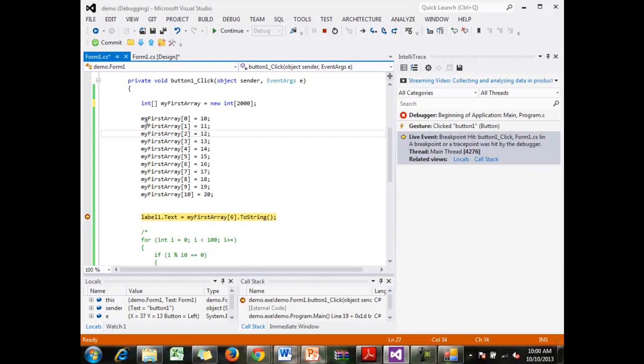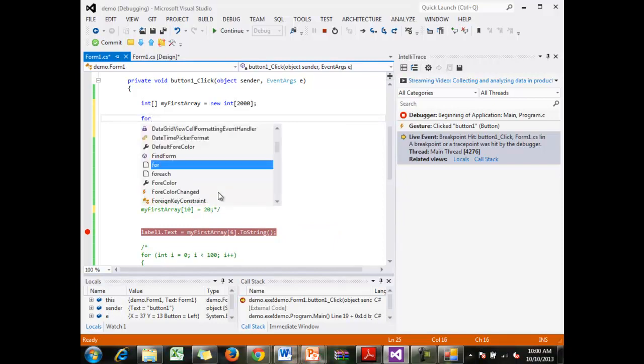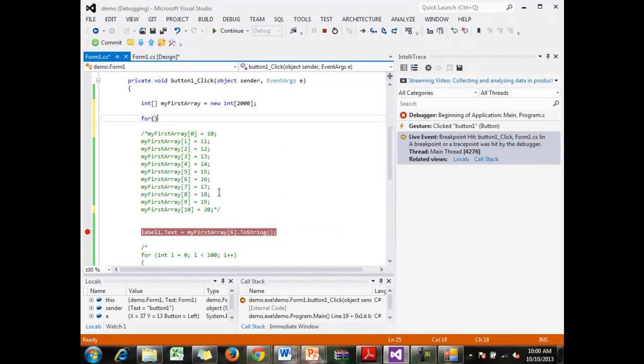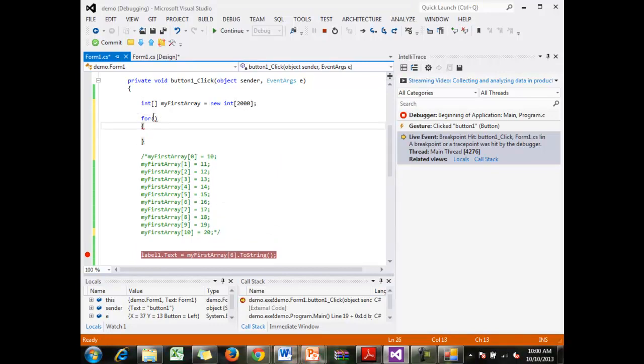Okay, so let's do this. Let's comment out this stuff, instead of doing this the long way. Let's set up a for loop now. Okay, so how do we do a for loop again? So we put the keyword for, and then we have our brackets and our braces. I always like to do that first. Then inside our parentheses, we're going to give it an integer that we're going to start at 0. And then we're going to say while i